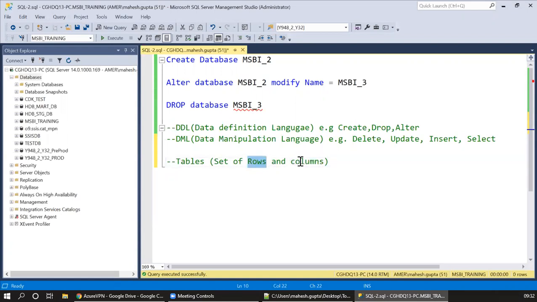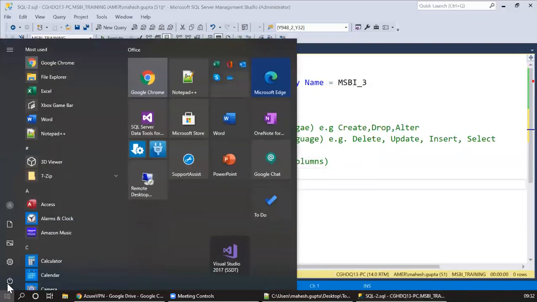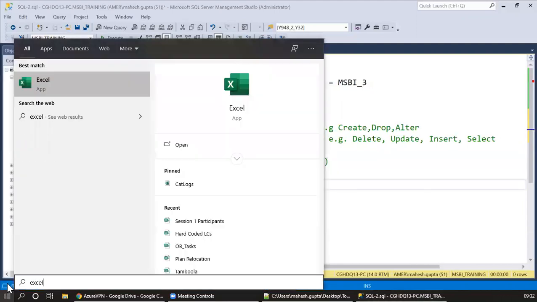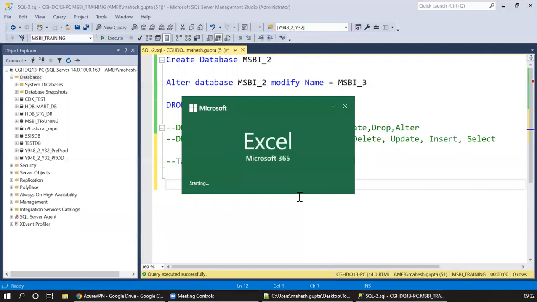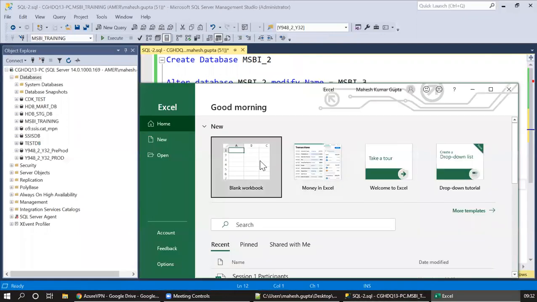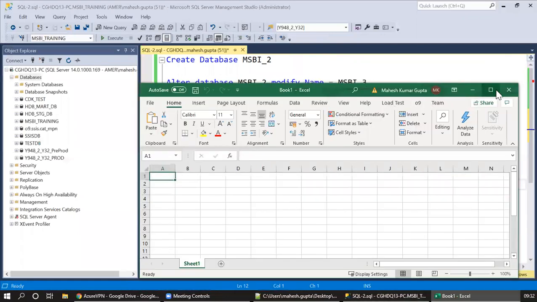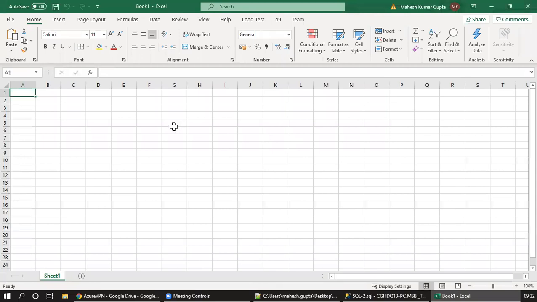For example, let's say we want to create a table to store data related to customers. What can be the columns and what can be the rows?